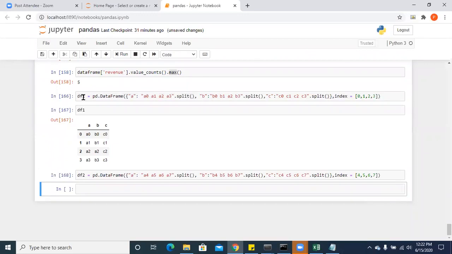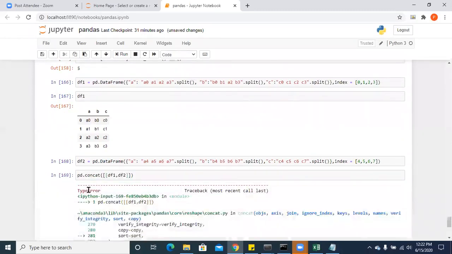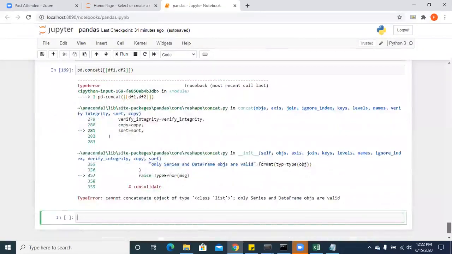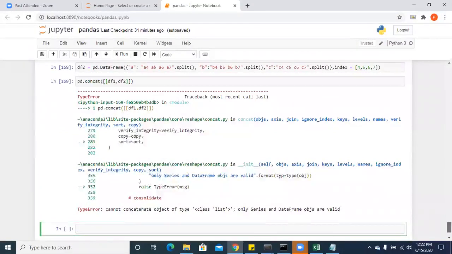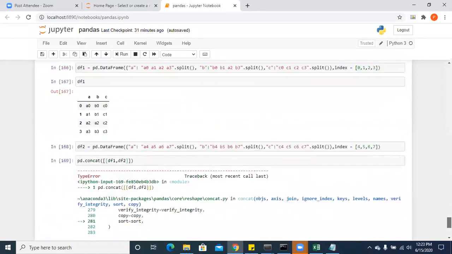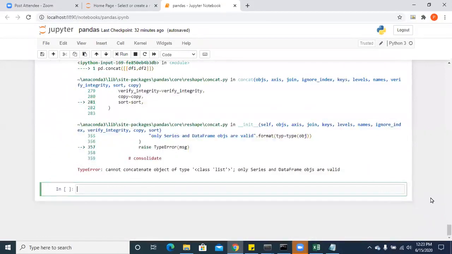Now I would like to concatenate these two data frames. So how do I do it: pd dot concat of, in a list, df1 comma df2. Just execute this.